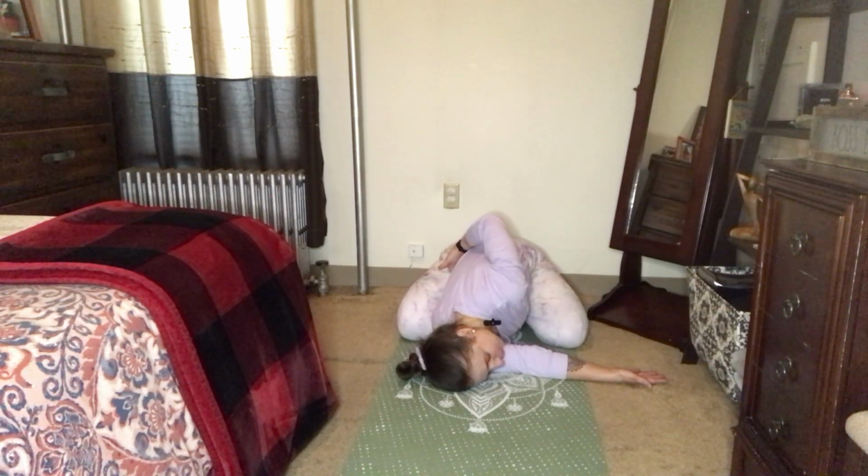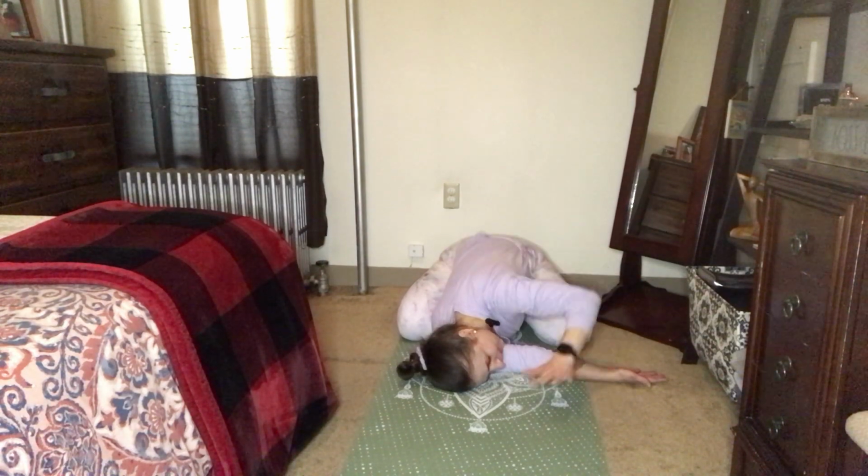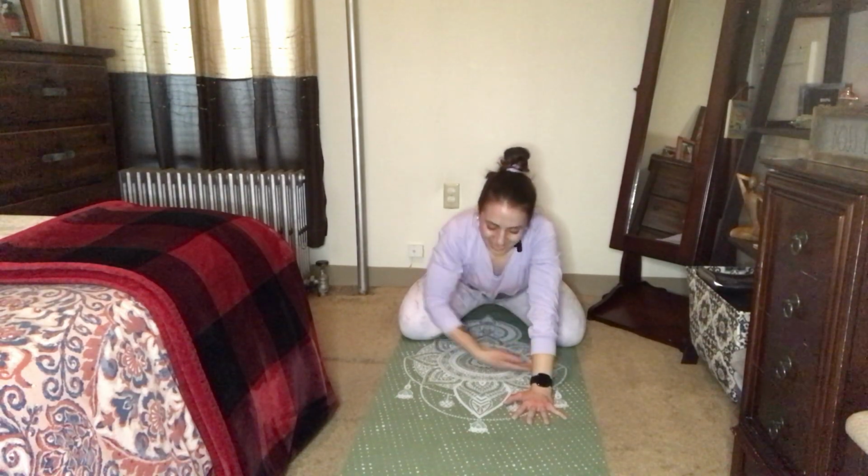Take a nice deep breath, breathing into those shoulders, into those hips. And exhale, let it go. One more nice, full cleansing breath into those shoulders and hips. And exhale. If you're in a bind, release the left hand back to the mat, pressing yourself up, unthreading the needle here,